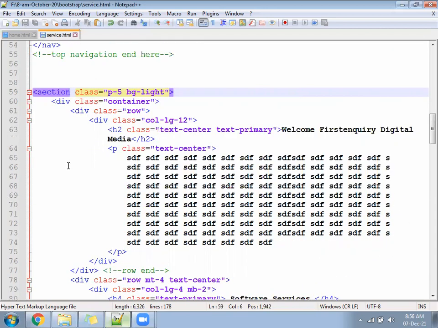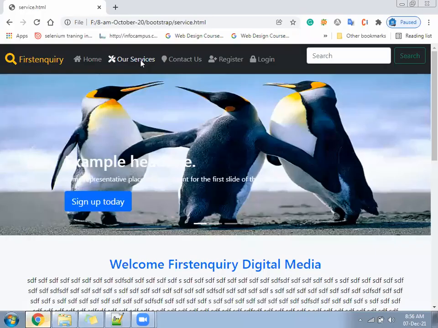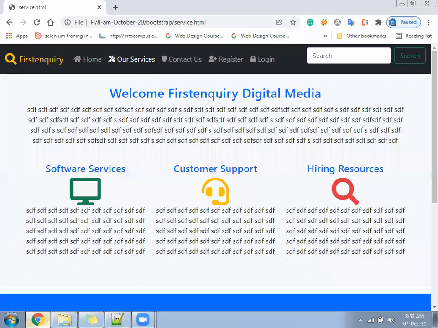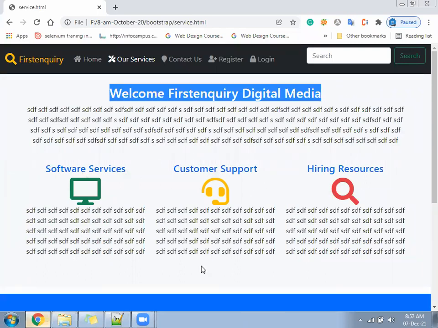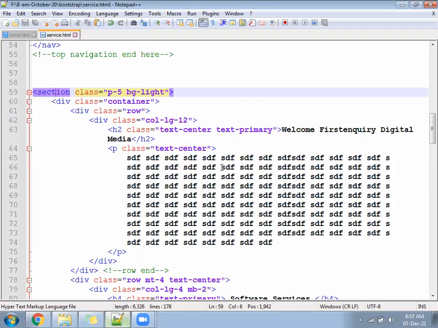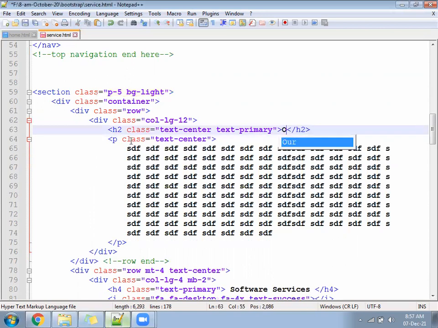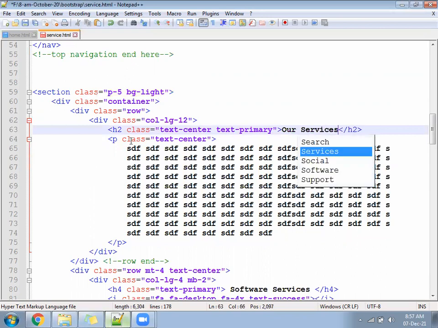After that, we have written a heading. Check now how the page is looking. The page is looking like this. This heading we can change to our services. We had written welcome digital media first inquiry. Change it to our services.